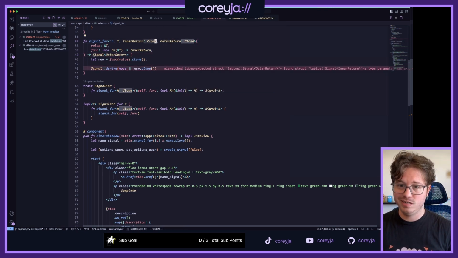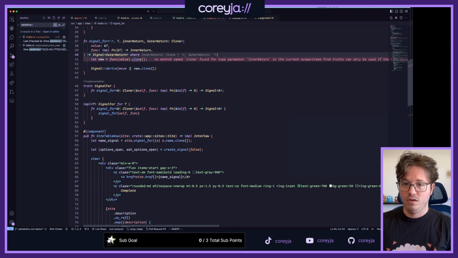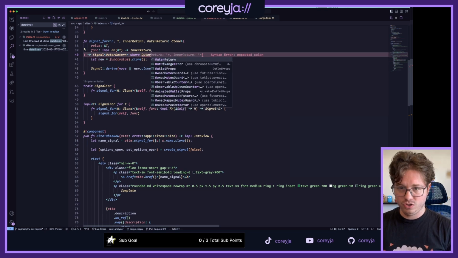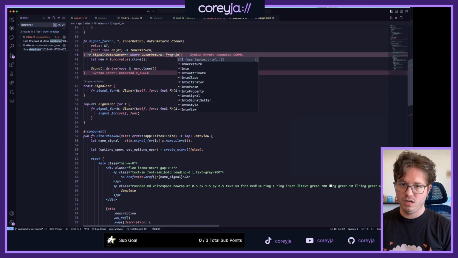Inner return doesn't need to be clone anymore. And then we do where outer return impl from inner return.